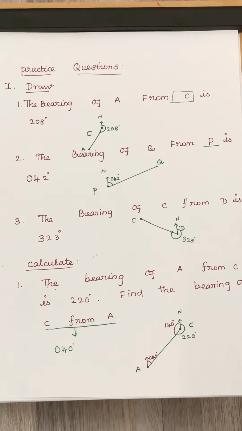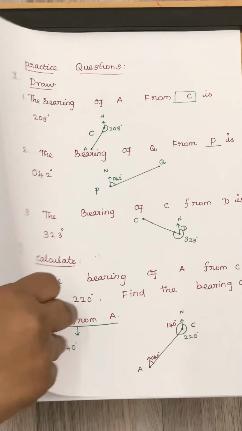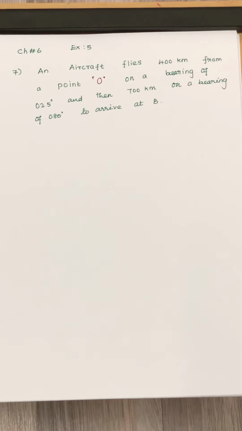Now can we move on to the next question, same exercise, from question number 7. We finished until question number 4, because 4 is exactly the same as question number 3, which I explained. If you want the explanation for question number 5 and 6, please put your message in the comment, because question 5 and 6 are exactly based on trigonometric functions. So easy ones. You can try and check your answers in the back of the book, the same textbook, chapter 6, exercise 5.